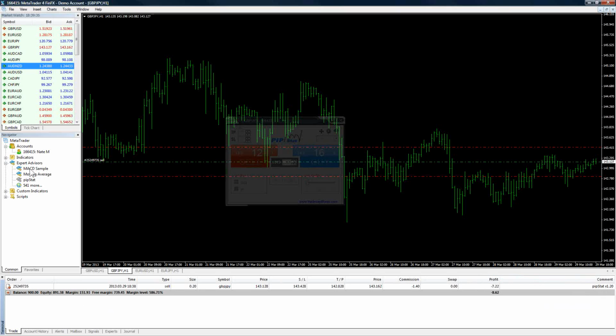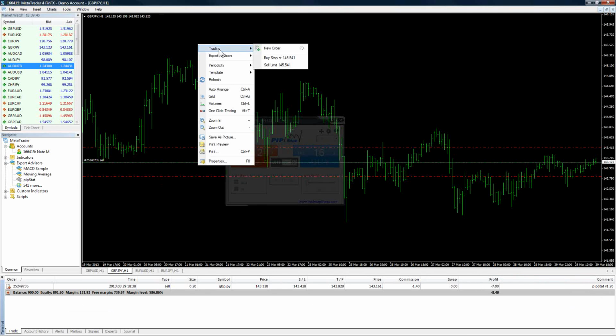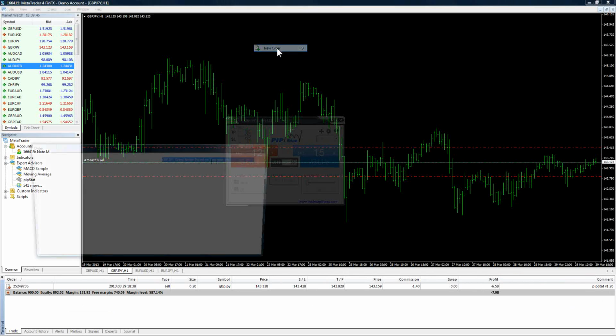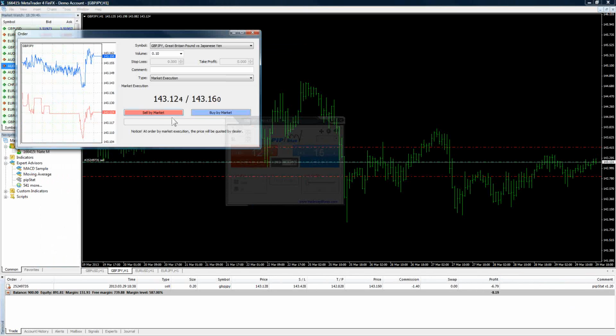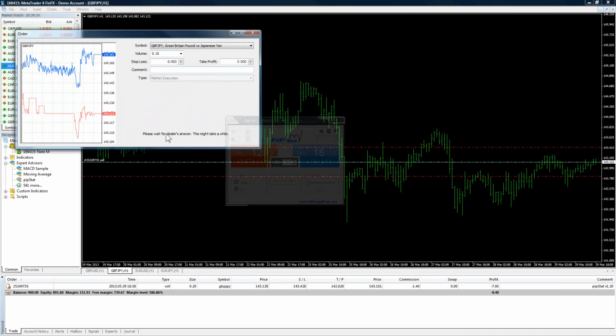Now, if I went in and made another trade, let's say I wanted to make a trade separate from Pip Stat, we're just going to create a new order. And we're going to sell 0.1 with this, just to show you.